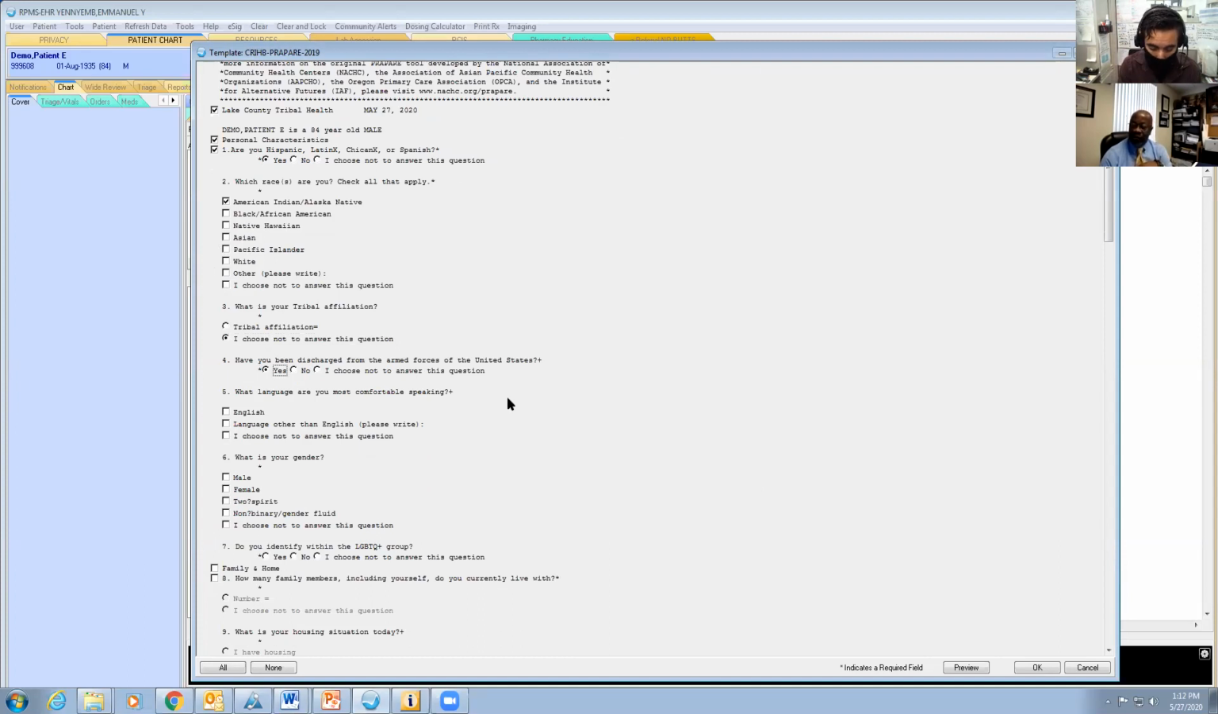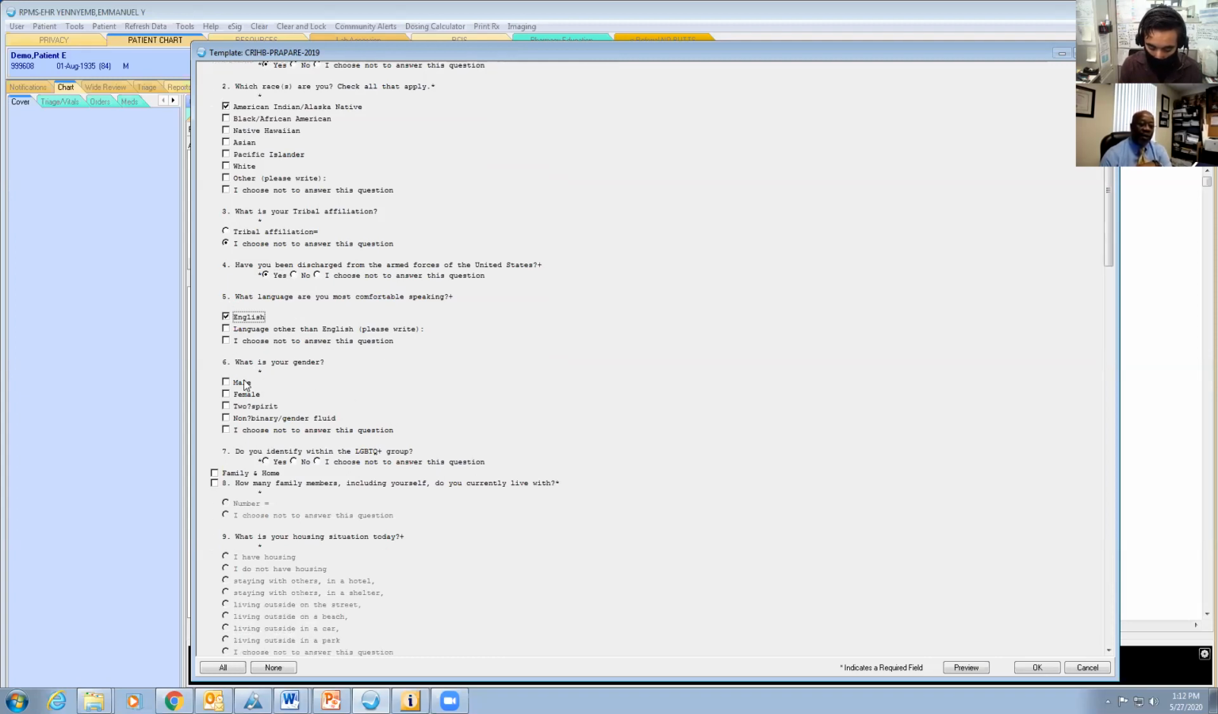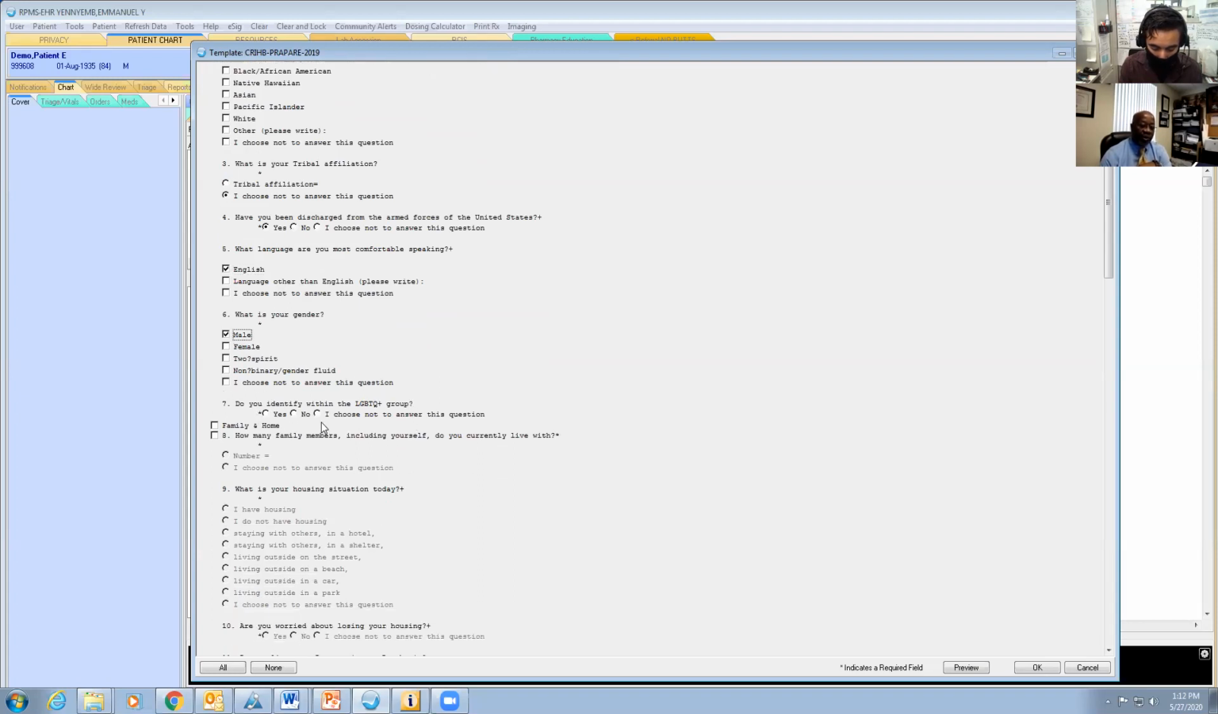And then number 4 goes all the way to selecting any of the answers if you've been discharged. And then number 5, we ask what language you're speaking. Number 6 is about the gender, and whether the patient wants to be identified. And that's all the sections you have on personal information under the Prepare form. And then the next one, we go into